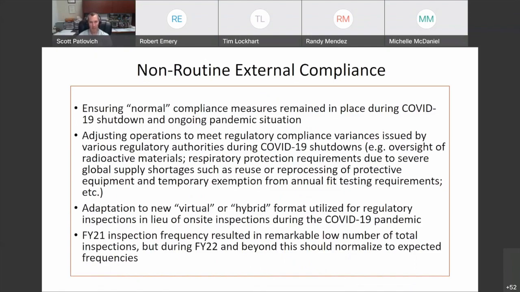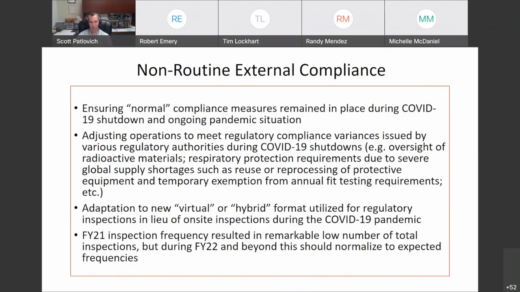We do have to be ready, and I would advise you all to be ready. Maybe you're experiencing this already, to be ready for the new style of the way regulatory inspections are going to be conducted, whether they're on-site, fully virtual, or a so-called hybrid approach.